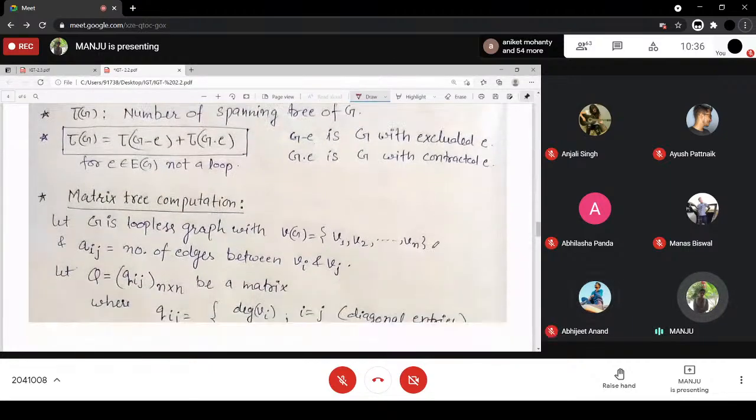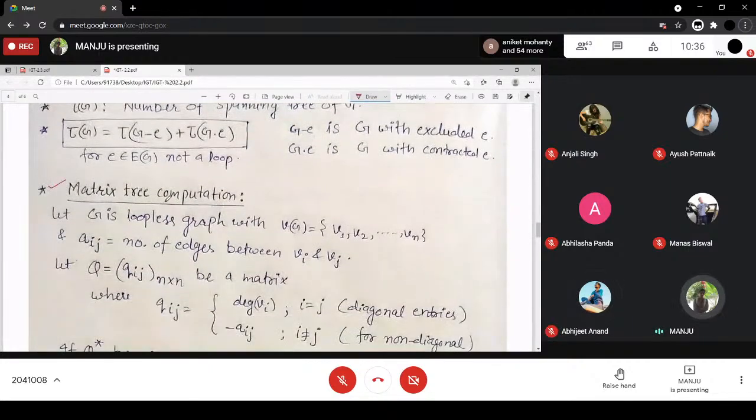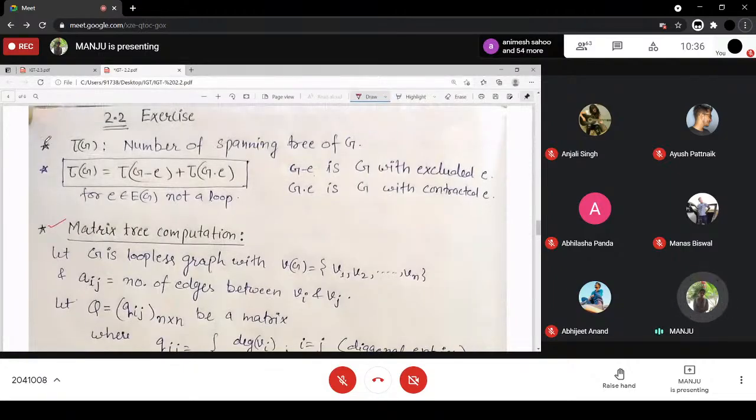Then there is one more method, that is matrix tree computation. This one is again the same thing I have listed. Here tau G is the number of spanning trees of G. G minus E is G with E deleted, and G dot E is G with E contracted. And E should not be any loop. You cannot contract or delete any loop from there, because a loop will not be part of a spanning tree,